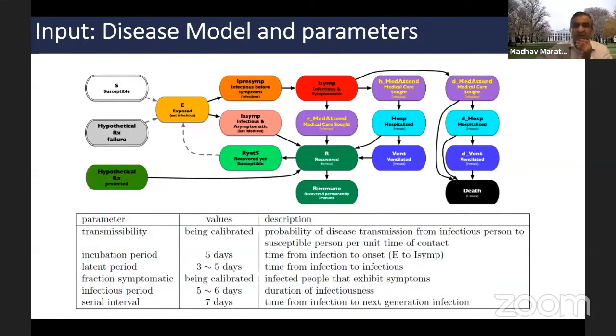And here is an example of how disease manifests itself in a single person. I showed you a simple model, which was S, I, and R. In the real world, it turns out the models are much, much more complicated. So here's a model we use for a single individual when we study COVID. It has about 15 states and captures a lot of interesting structural aspects about asymptomatic and symptomatic. When do they need medical attention? When can they get hospitalized? How can they recover? And all of this information is picked up.